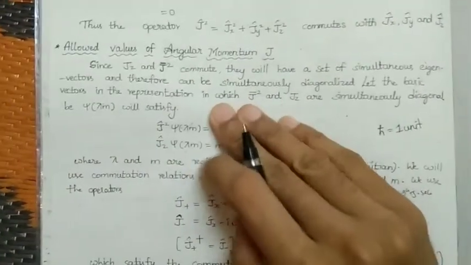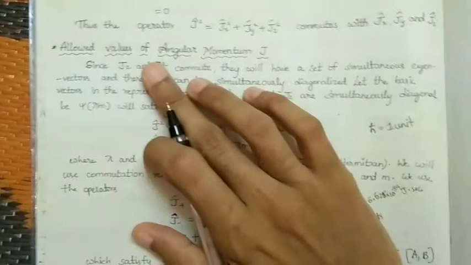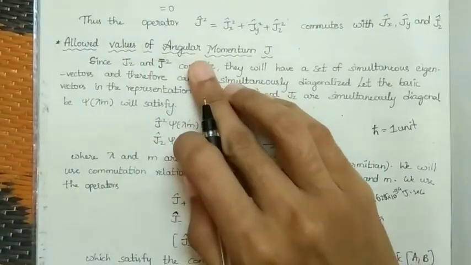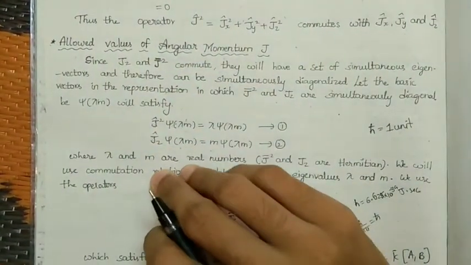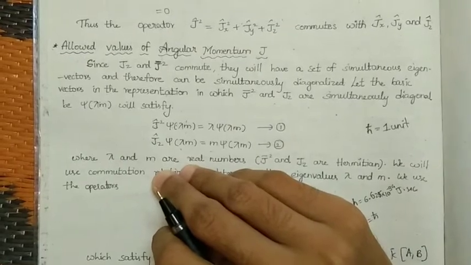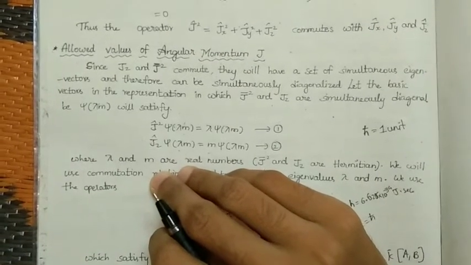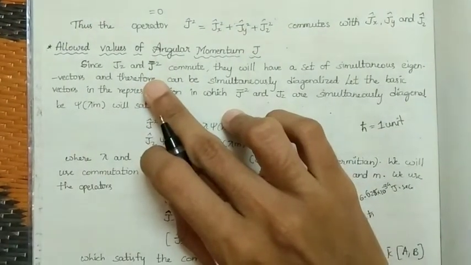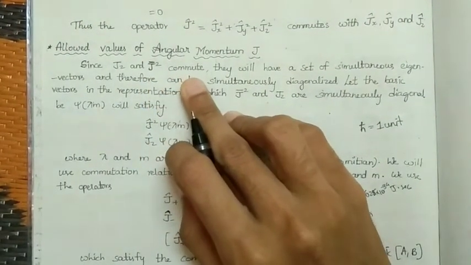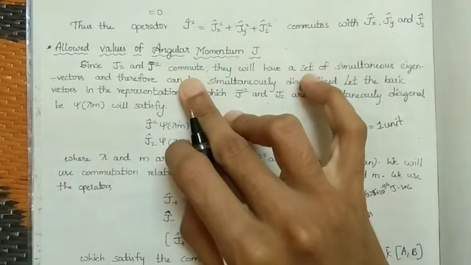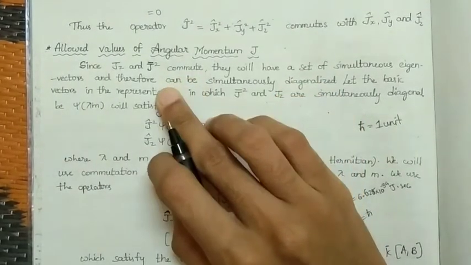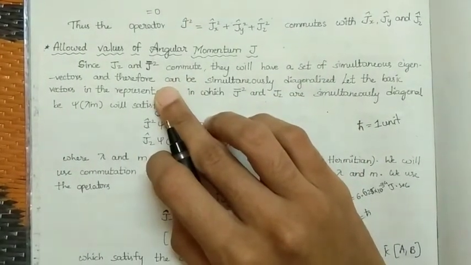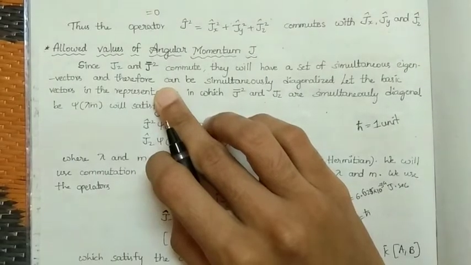So let's discuss allowed values of angular momentum J. What are all the values allowed for a given angular momentum? So that one we would see. Since Jz and J square commute, they will have a set of simultaneous eigenvectors and therefore can be simultaneously